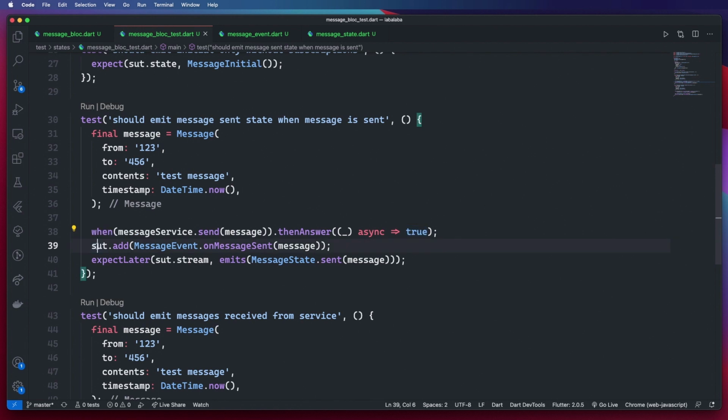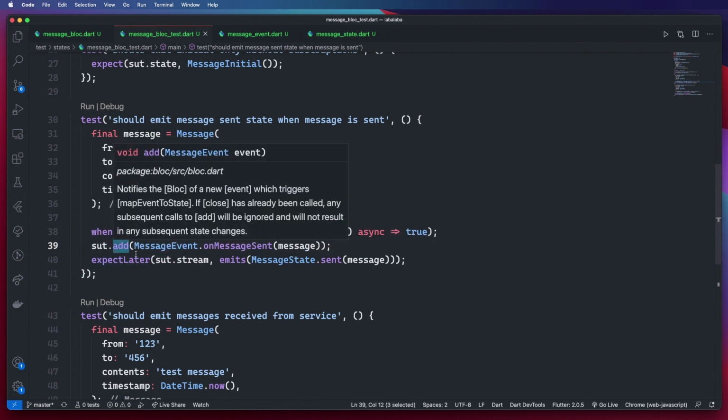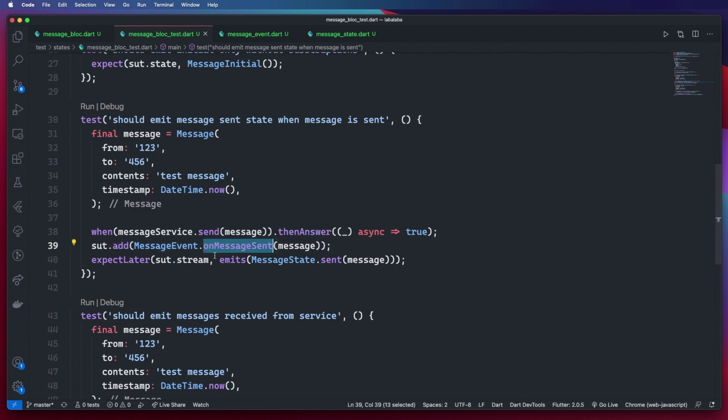And then I say my SUT, which is my message block, I want to add the on message sent event passing that message, and I'm using expect later